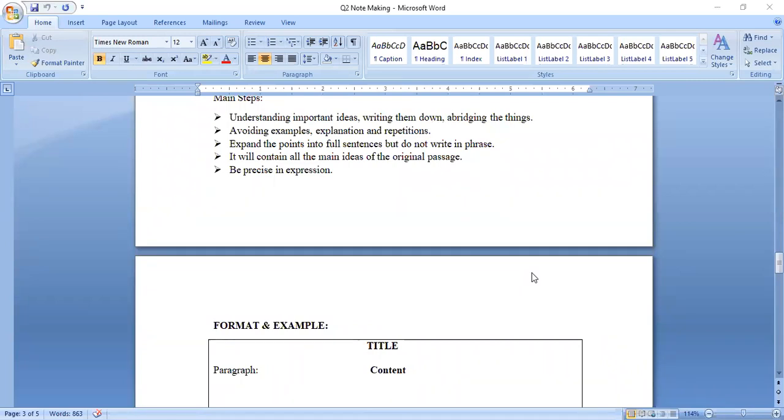Summary means more than that. Again we are just scrutinizing, again condensing or making it precise. So expand the points into full sentences, but do not write in phrases. It will contain all the main ideas of the original passage. That means the things whatever you have written in the summary, it is like I can say that